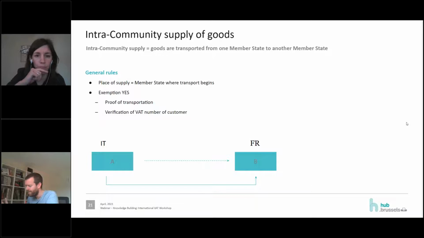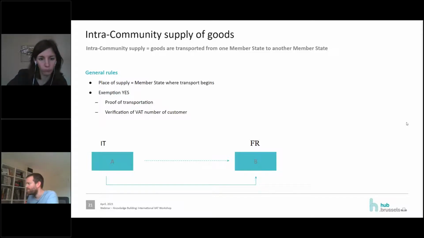So that's why it's always important to keep these 5 questions in mind, because the supplier here, the Italian party A, will report it as a transaction, but will not have to pay any VAT on it. In principle, here it will be the French customer, party B, that will have to self-account for the VAT in France. What is important in order to benefit from this exemption in Italy, sorry, is that they need to have